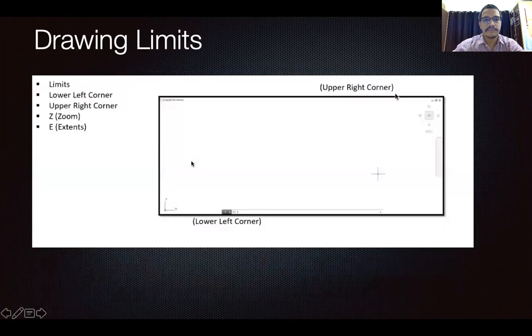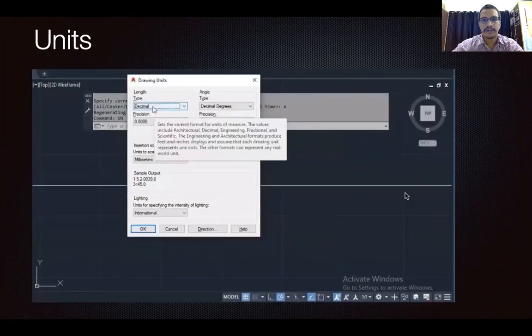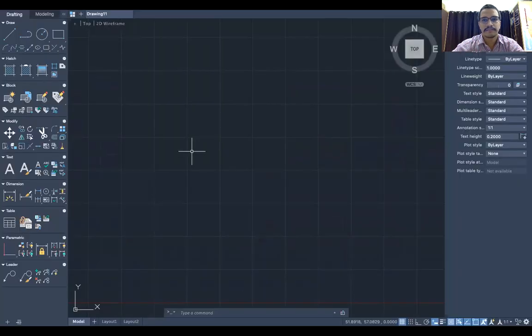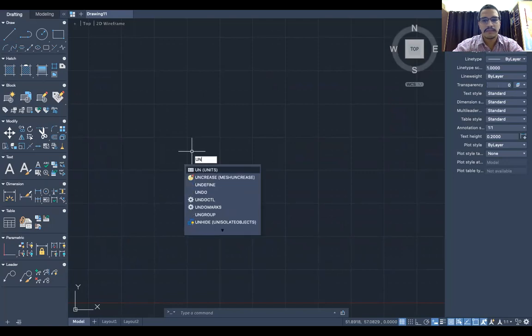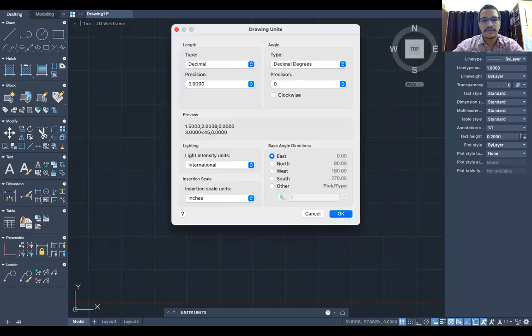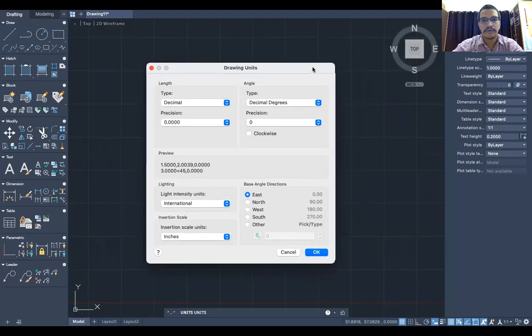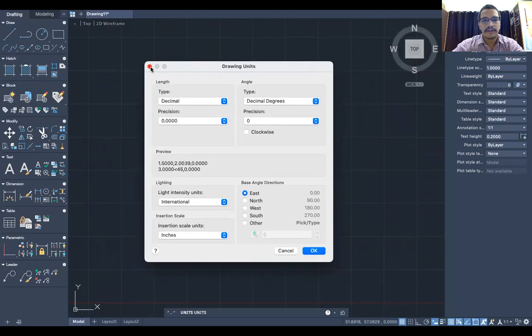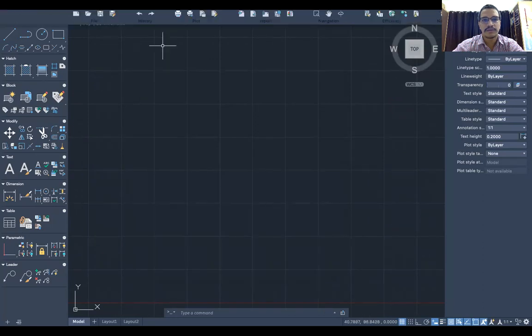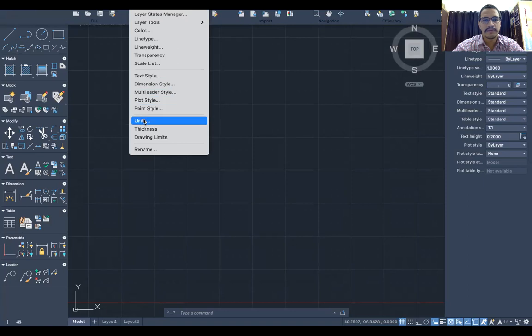Okay, so let me take you to the software. All right, so this is your user interface. So for the Mac user, it's the same command: just type un, and you will see this type of window. The shortcut is un, and the conventional method is to go to Format, and you see Units here.